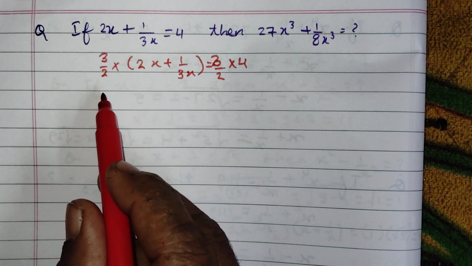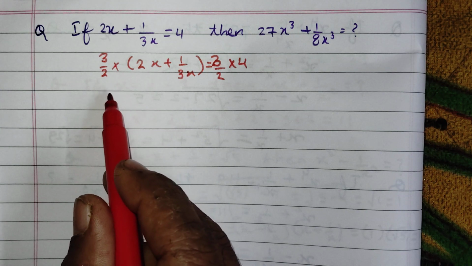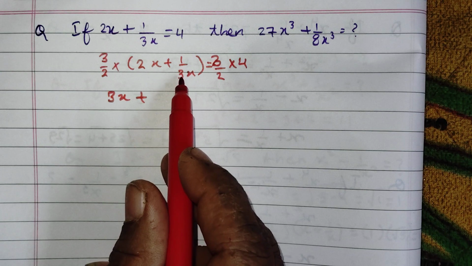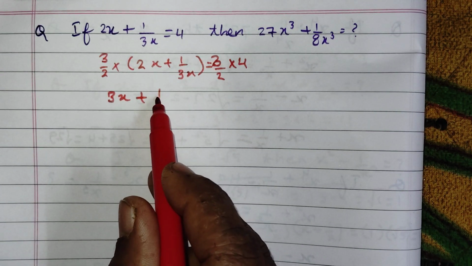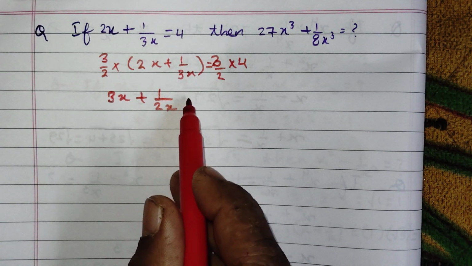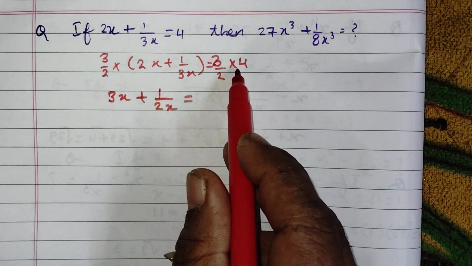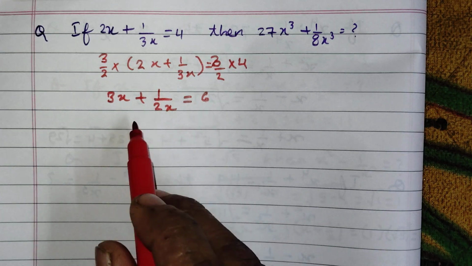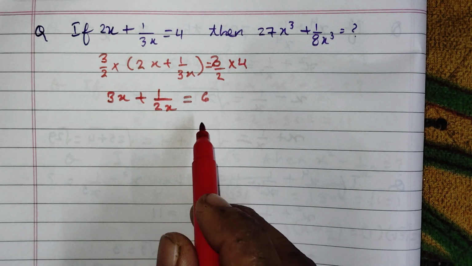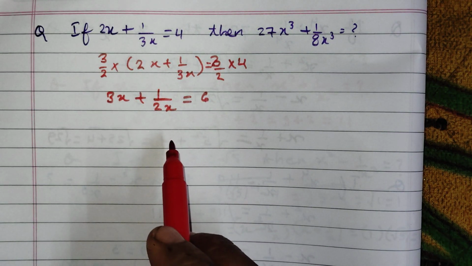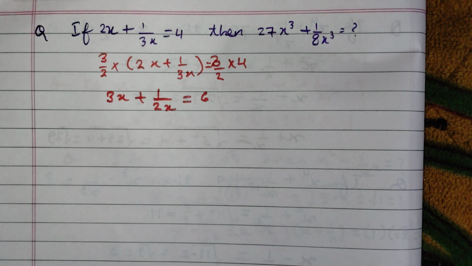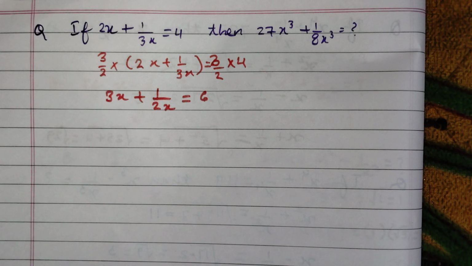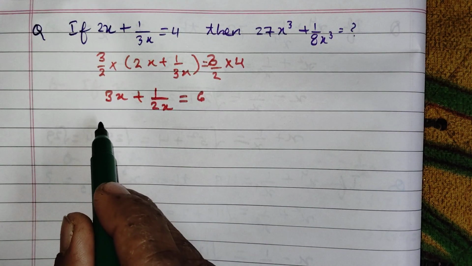So on LHS we cancel out 2, we get 3x plus, and the second term becomes 1 upon 2x, equal to this 2 cancels with 4, 2 times, so 3 times 2 is 6. So 3x plus 1 upon 2x is equal to 6. Now cubing, now we can find out our answer easily. So cubing both sides,